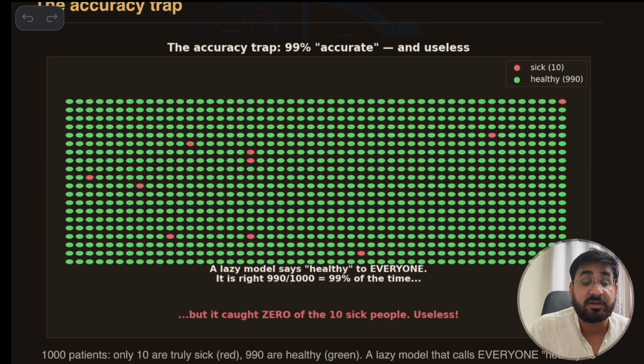Now what is our objective? Is to find the people who are actually sick and tell them that you are sick. Then this is accuracy, then this is an actual result. But yet it is 99% accurate, but it is not able to catch a single person who is sick, and it can't tell that actually they are sick. Now you understand the whole scenario. This is what the false promise of accuracy is. Yet it looks that it is 99% correct, but it is just fooling you.